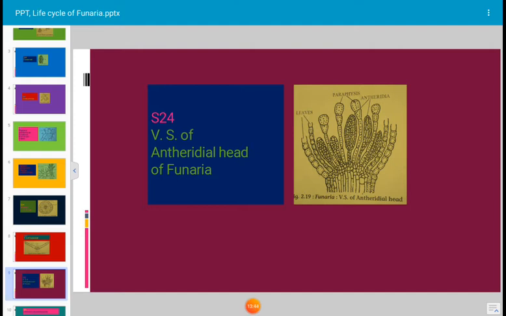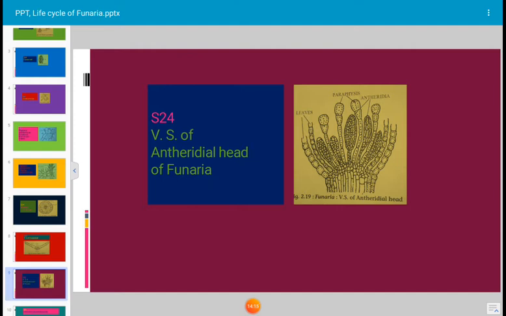The antheridia get mixed with sterile hair-like multicellular filament-like structures. These hair-like structures are known as paraphyses. The terminal cell of these paraphyses may be subspherical. The main function of paraphyses is to retain moisture and prevent desiccation by secreting mucilage.